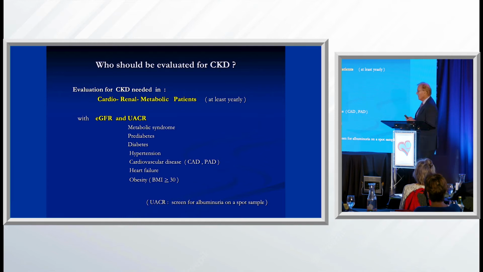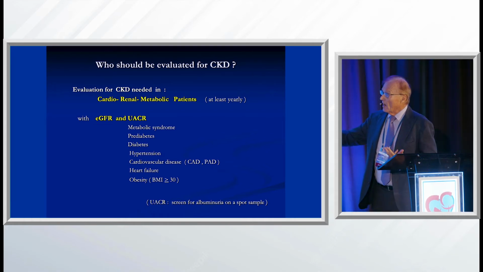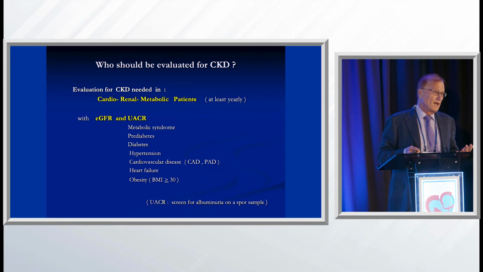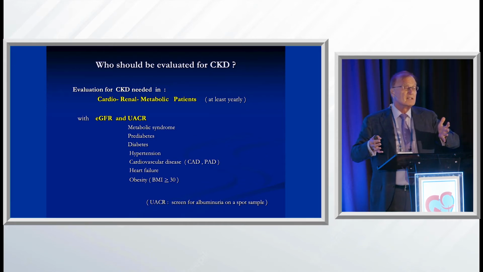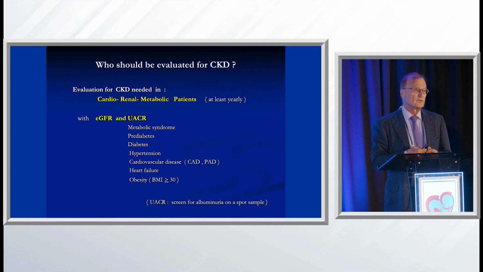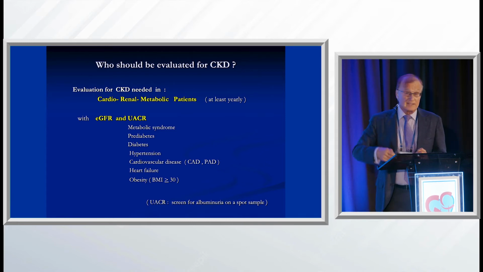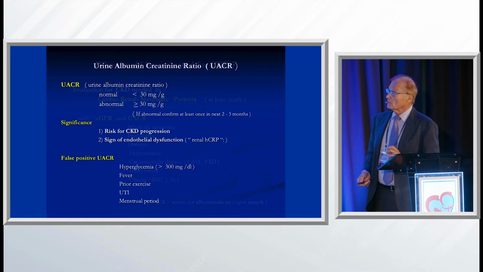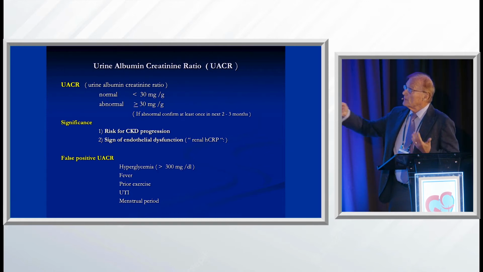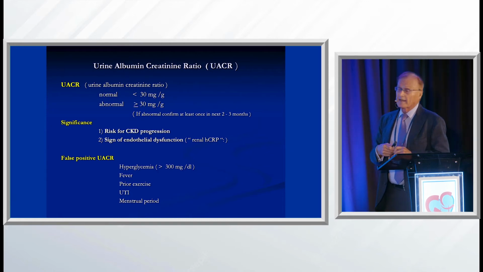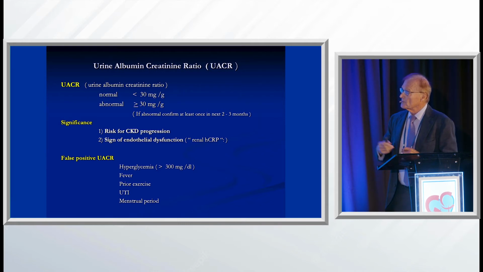If you do a creatinine, you have to be calculating it, but you should do it in anybody who has metabolic syndrome, prediabetes, hypertension. All hypertensives need to have both tests once a year. Anybody with underlying cardiovascular disease, heart failure, and if your BMI is 30 and you have no other diseases yet because you're 19, you have a very high risk of developing albuminuria and subsequently also hypertension. So basically, these are the individuals who should be screened. So one more time, the albumin less than 30 is normal, over 30 is abnormal. Again, it needs to be confirmed and needs to be present for at least 30 days.